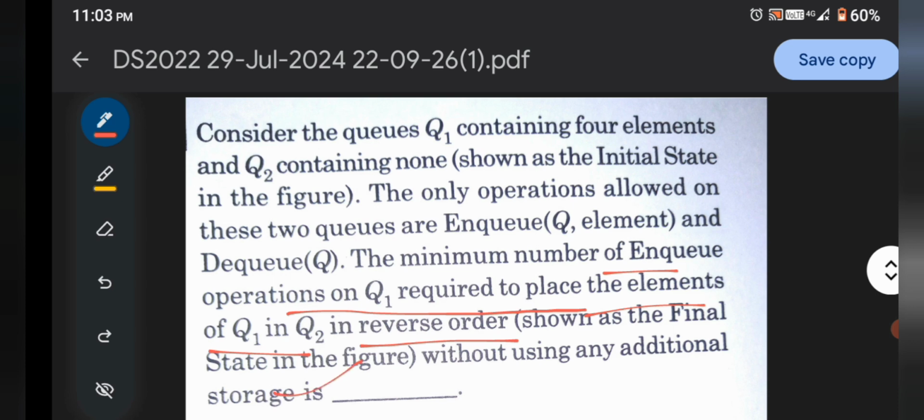So here the question is: what is the minimum number of operations on Q1 required to place these elements from Q1 to Q2 in reverse order.